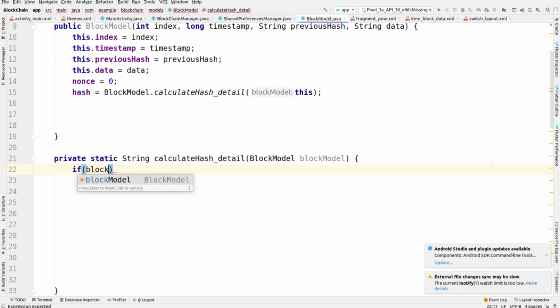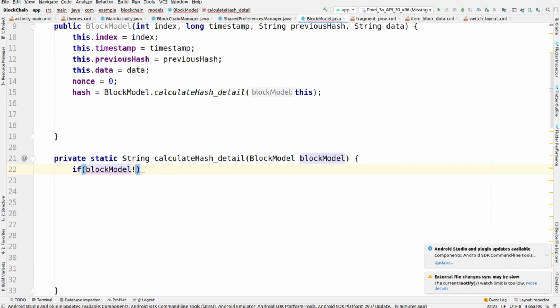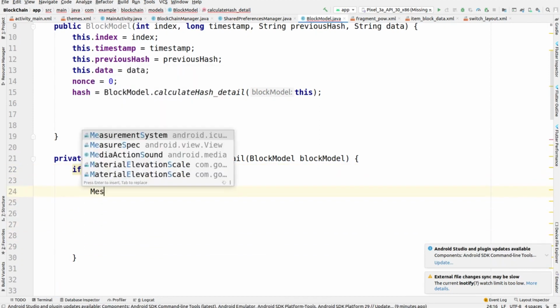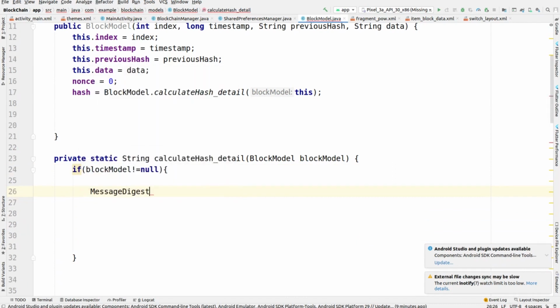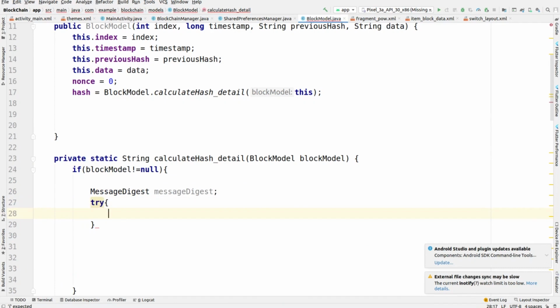Okay, so let me make the if condition here, and the if condition is checking whether blockModel is not equal to null. Then within this we are just going for the message digest, and we are making its object, and then there is a try catch block.